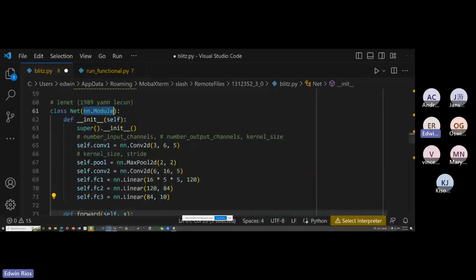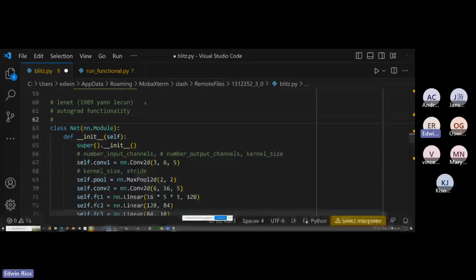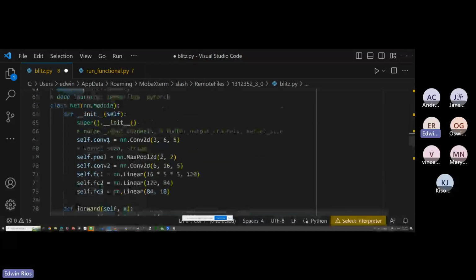Again, I mentioned that we use this NN model, and I didn't mention much why, except that it's a class that we are inheriting from. One of the important things that this original NN model supports is auto differentiation, or autograd functionality, which is at the core of deep learning libraries like PyTorch or TensorFlow. They all support this autograd functionality to allow us to compute backpropagation, to compute gradients through these functions